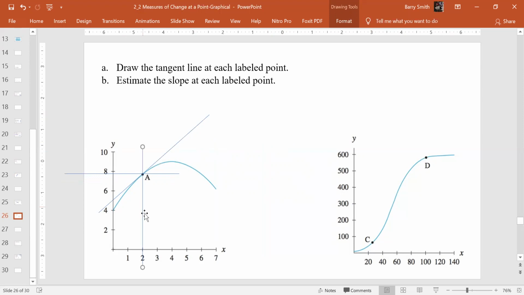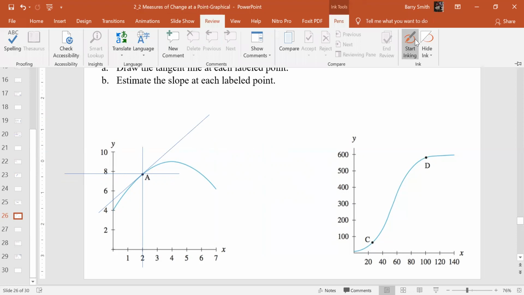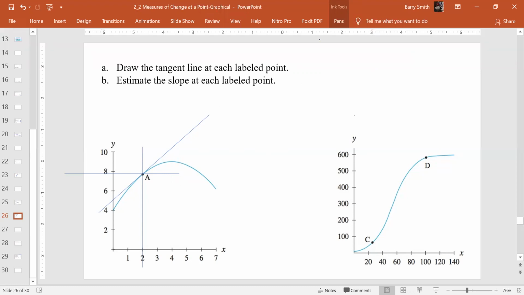I'm kind of cheating using these horizontal and vertical lines to gather my data. So now if I want to write stuff here, what do we have on this one? It looks like, I don't know, maybe, to start inking, thank you. Looks like maybe